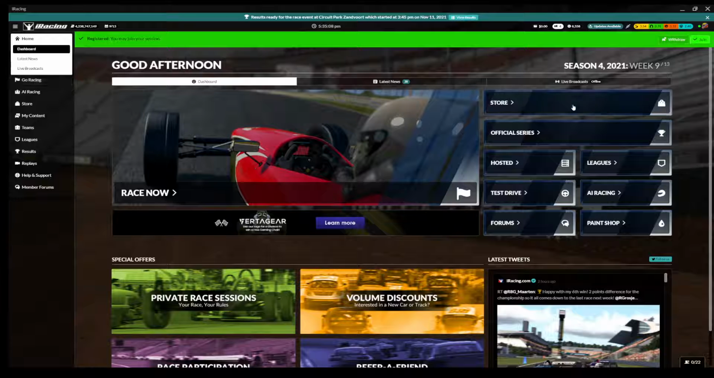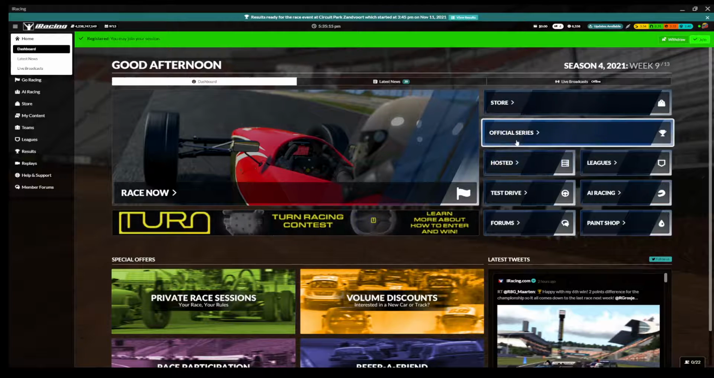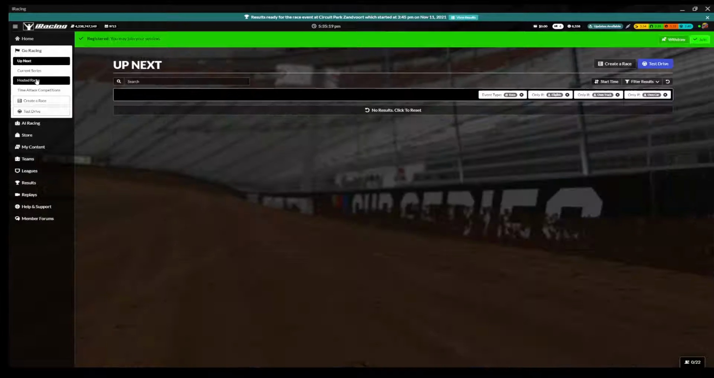Anyway, you can navigate using this stuff over here on the right. I don't usually use that, but it all works this way too. Or you can go over here on the left. And this is usually what I do. I click on Go Racing,